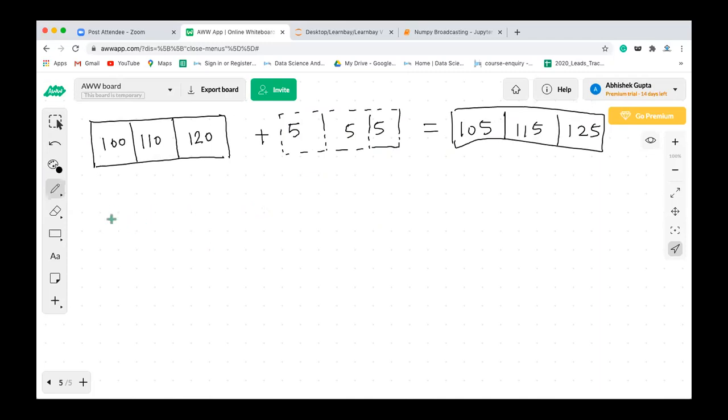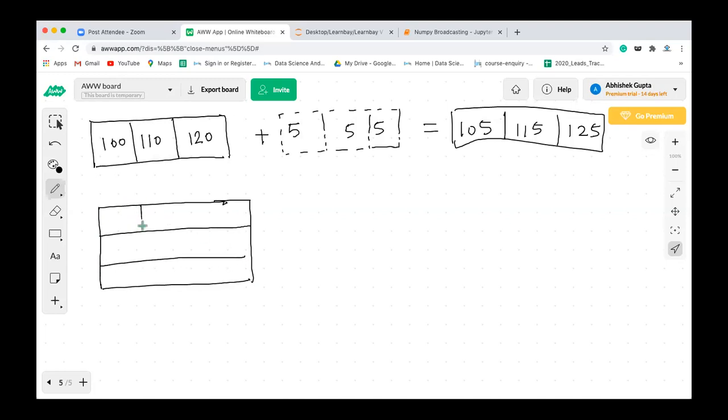Now let's say we have a two-dimensional array, where the scalar quantity is broadcasted along the rows and along the columns both. Okay, let's say you have a two-dimensional array, where you have 3 rows and 3 columns.